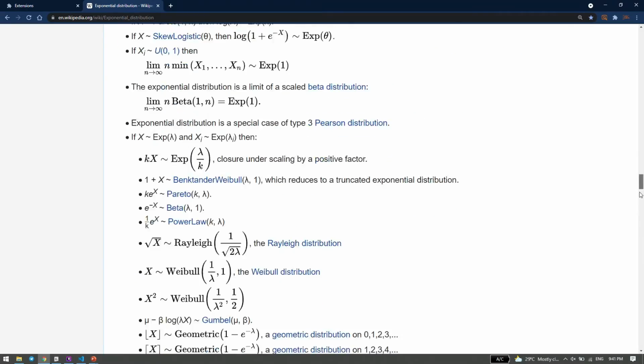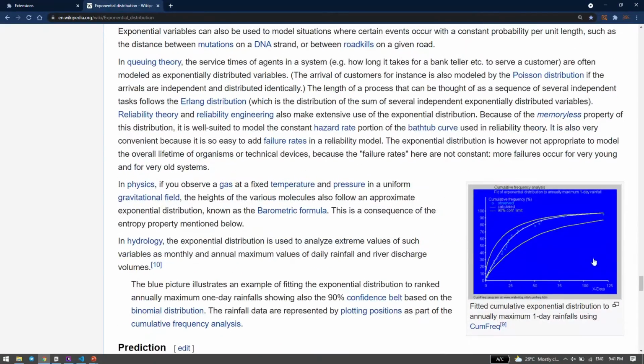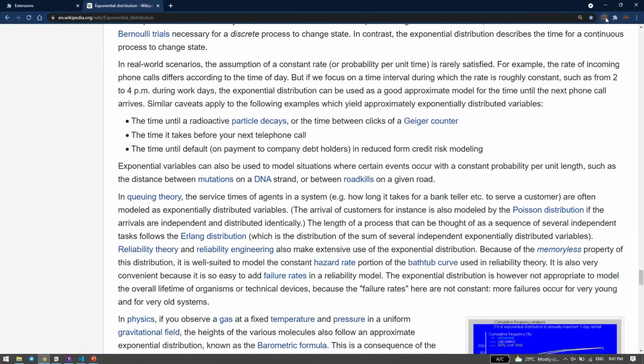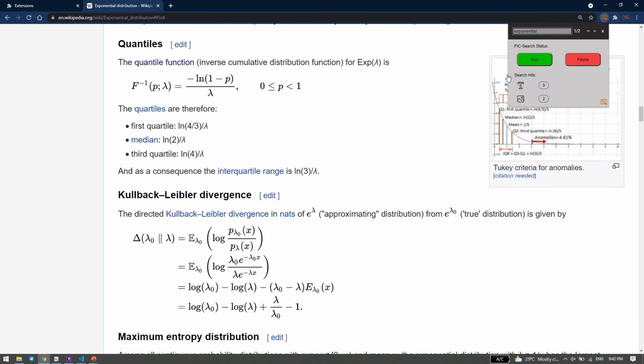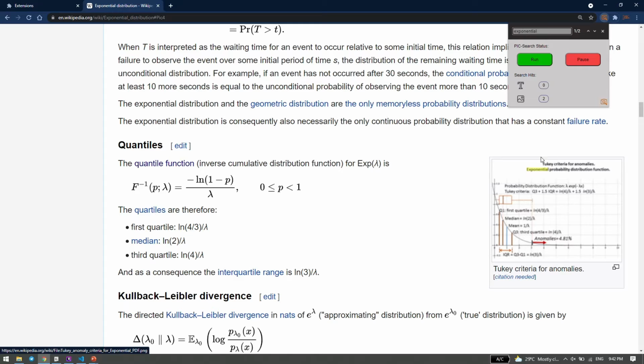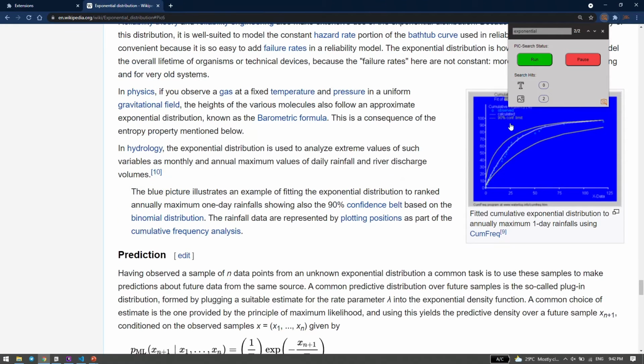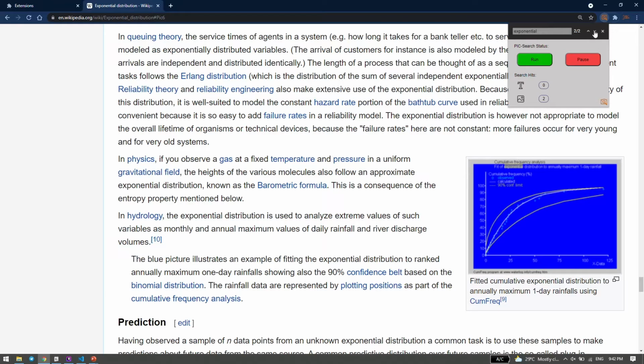And we can see perhaps there's also another image with the word exponential. So if we go into our extension, we have a search bar here. We can type in the word exponential and we press enter, and this will jump us to the first image and highlight the matching result. If we go to the next matching result, it will jump us to the next image and also highlight the